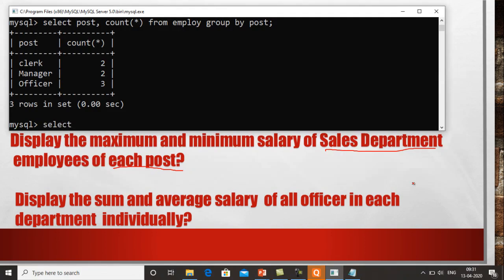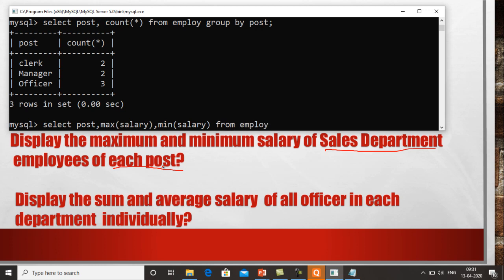Select. Now over here it is written each post, so obviously we have to make groups as per the post. That's why we have written post, comma, then the first one is max salary, comma, min salary from employee.